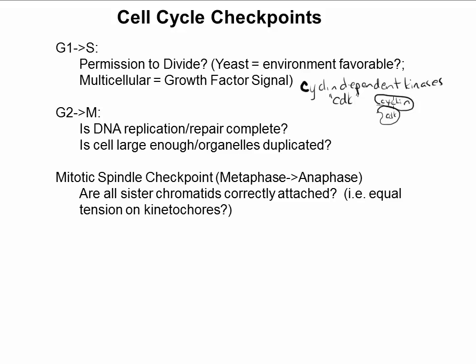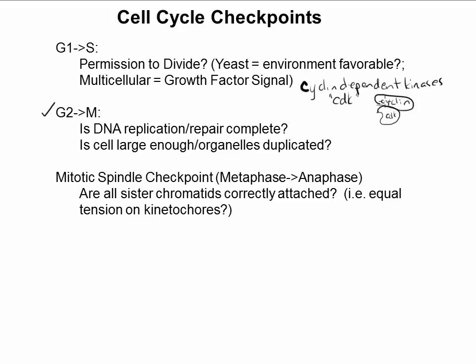So cyclin CDK has to form in this complex before we can see activation becoming likely. Now, because the mechanisms that regulate these are pretty similar to one another, we're not going to learn the details of both of them. We're really going to focus on the G2 to M transition and look at the details of how that occurs. But everything that we talk about is going to be very applicable to the G1 to S transition as well. It's a very, very similar mechanism.